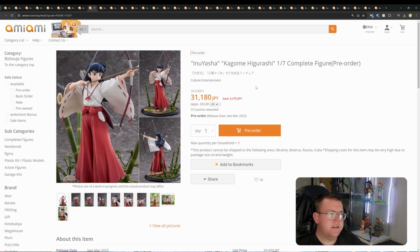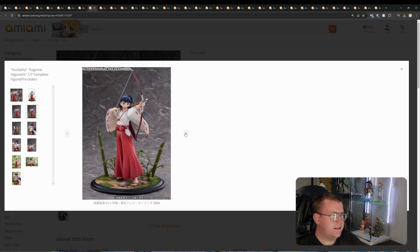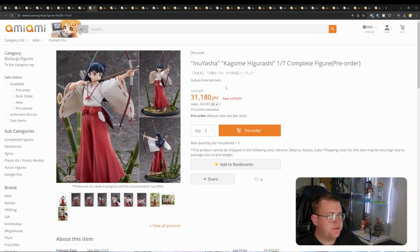Inuyasha Kagami Kigurashi 1/7 by Culture Entertainment. Okay, 31,180 yen. Not heard of these guys. March 2025. Shading looks simplistic. Base looks not too bad. I like the bamboo. I think probably not worth over 30,000 yen though